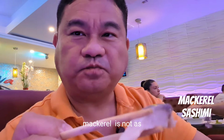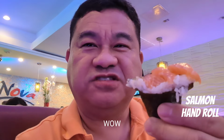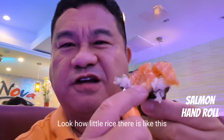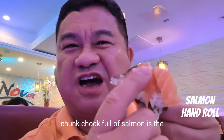Okay, the next item I'm going to try is the salmon hand roll. Let's see if it's good. I've been letting it sit. The nori is a bit wimpy. But let's try this. Wow, the salmon's very fresh. Now, this one is the right way to make a hand roll. Look how little rice there is, but this is chock full of salmon. This is the right way to make it. It's fresh,